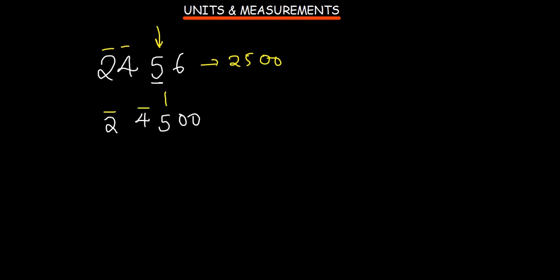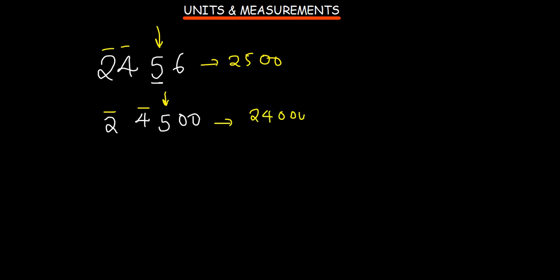Because this is a 5 and you have got zeros, or you don't have a number, what will determine whether you are going to remove a 1 from a 5 is this number here. If it is an even number 2, 4, 6, 8, 10, don't remove a 1 from 5. So therefore this number to 2 significant figures is just going to be 24,